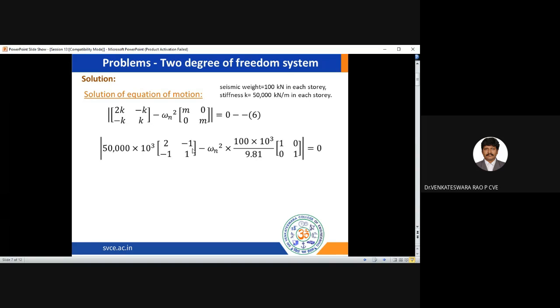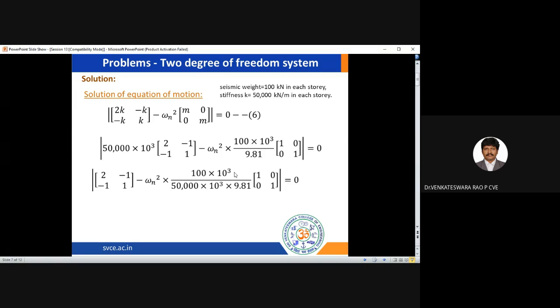Then inside the matrix will be 2, -1, 1 like that. Okay, if I take k outside, this you bring to the right hand side. The determinant I'm trying to do, so whole divided by 50,000 10 cube, if I do, I will be getting in the second component like this,